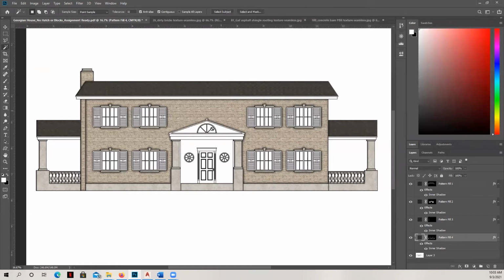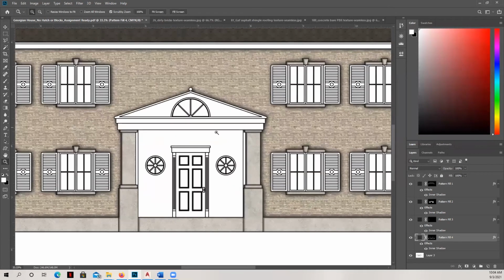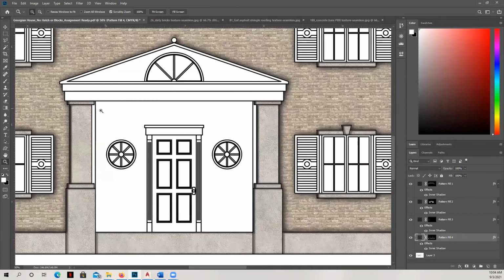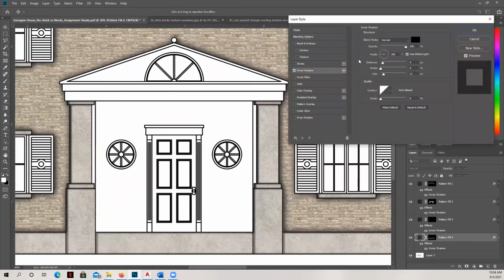And then what I want to do next is go ahead and add in some travertine here on the front facade. And so I'm going to zoom in a little bit. And sometimes portals like this are treated a little bit differently than the rest of the facade itself. And so that's why I'm giving a sense of entry here. You can see a couple of things. The first thing is you can see there's a little bit of a line in the distance where that outer shadow is coming out. So let me go ahead and show you how to fix that right now.